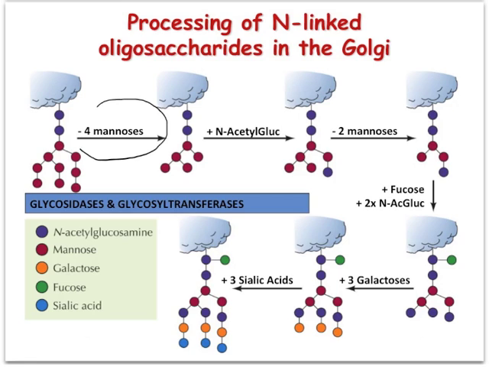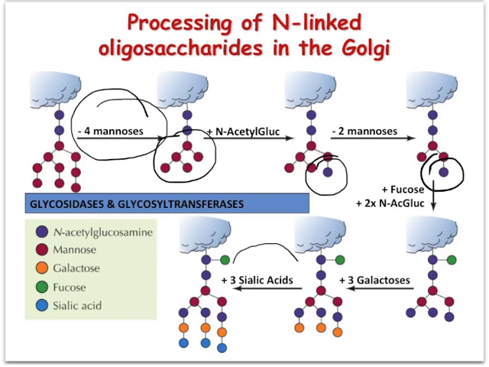First, a few mannose residues are taken out, and then other sugars are added in sequential steps to the mannose residues, therefore providing further complexity to the sugars that are added to the protein. The process ends with the addition of sialic acid to the outermost sugars in the glycosylation site. Sialic acid is a critical element then that will provide a different chemical nature to the sugars that have been